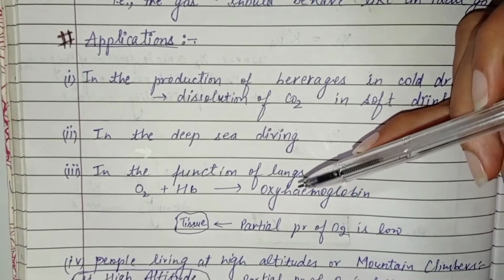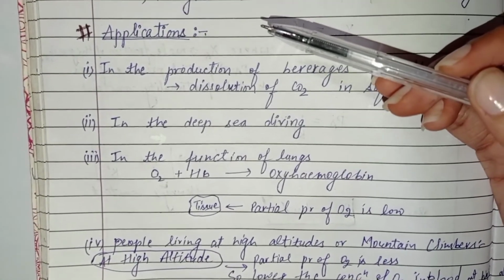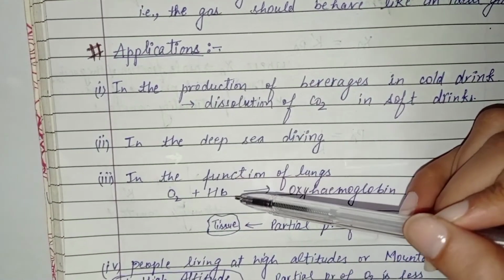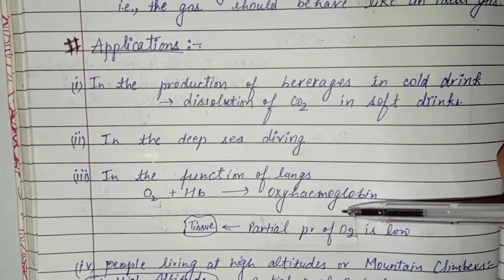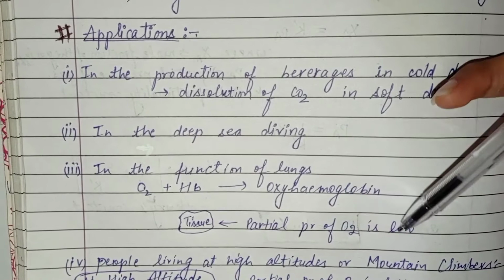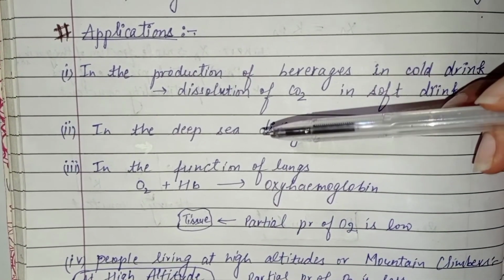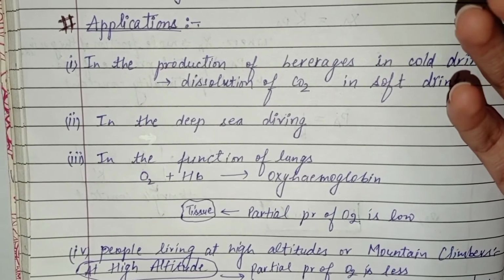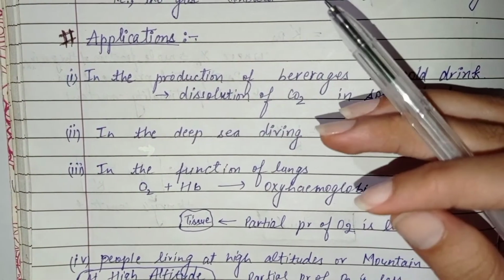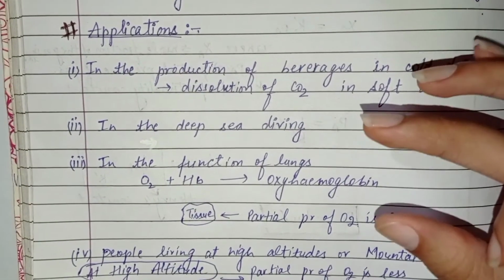When air enters the lungs, partial pressure of oxygen is high. Thus, oxygen combines with hemoglobin to form oxyhemoglobin, and partial pressure of O2 is low in tissue. Hence, O2 is released from oxyhemoglobin, which is utilized in the function of cells. Fourth,